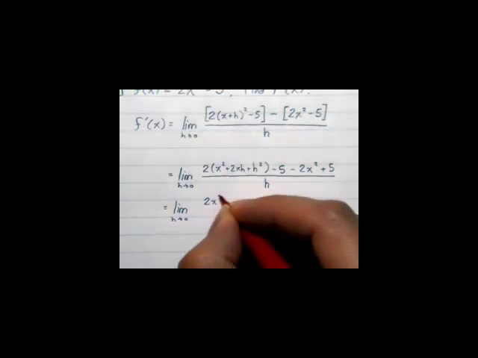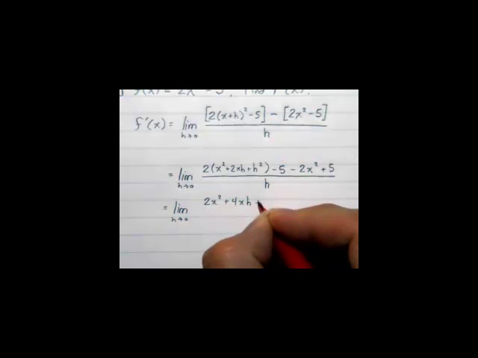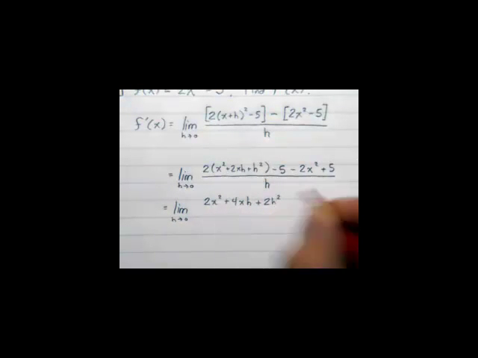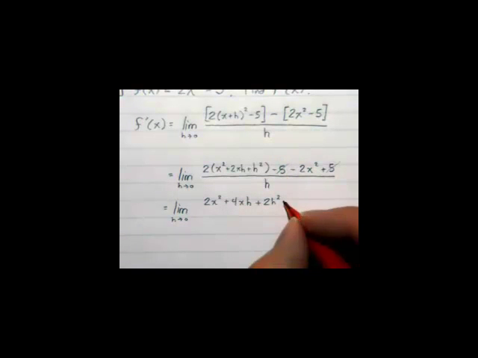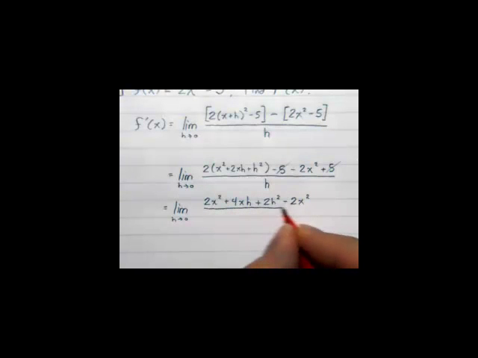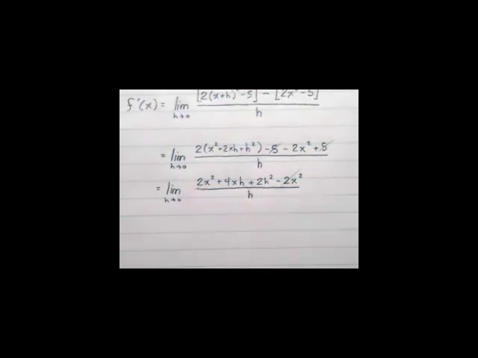So 2x squared plus 4xh plus 2h squared. I guess we could just get rid of the minus 5 and the plus 5 at this point, because those will cancel each other out. Okay, anything else in there you guys see that's going to cancel out? The 2x squareds will be gone. And then once I divide everything by h,